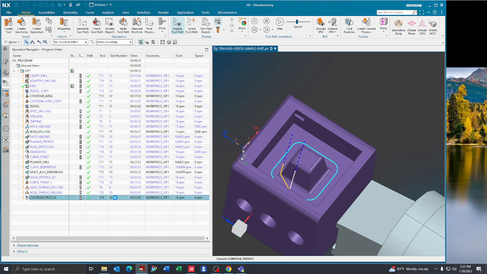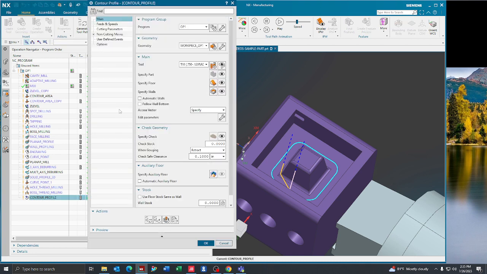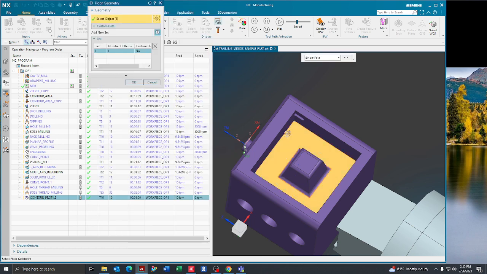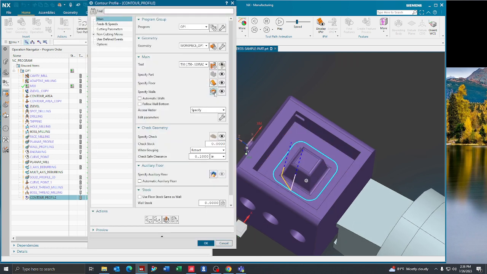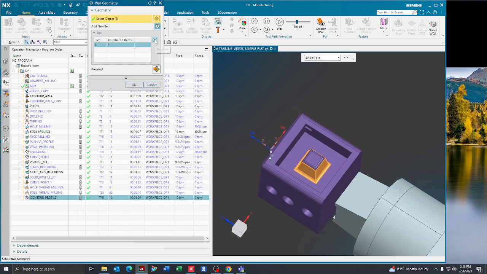So going back into the toolpath, we can get into some of the higher functions. There are multiple ways to manipulate and use this toolpath. One tip and trick, you do not necessarily have to select your walls. If you have a very clean part model and your floor is selected, many times in the specify walls section,